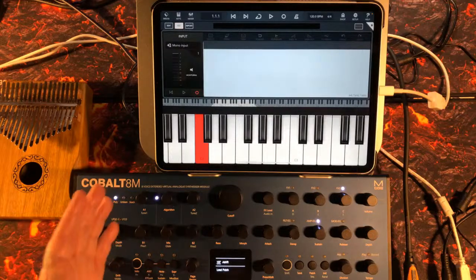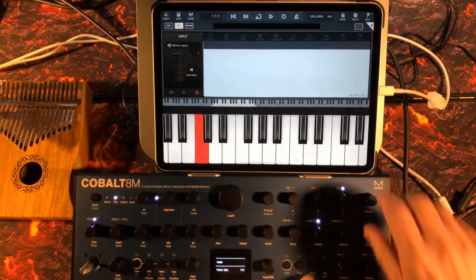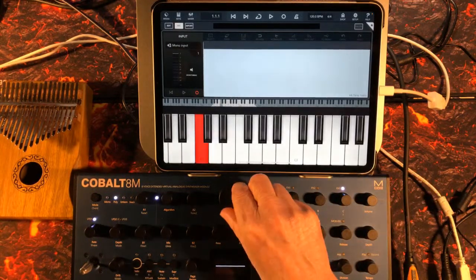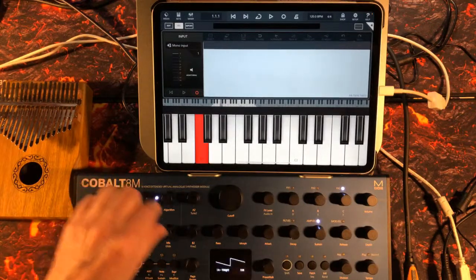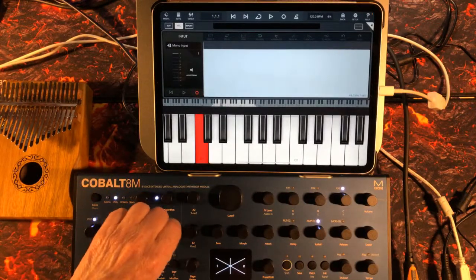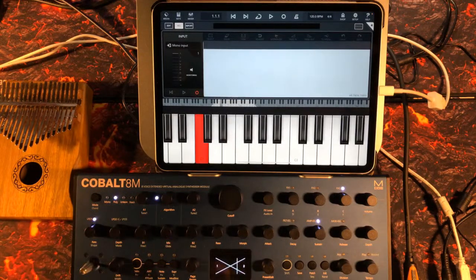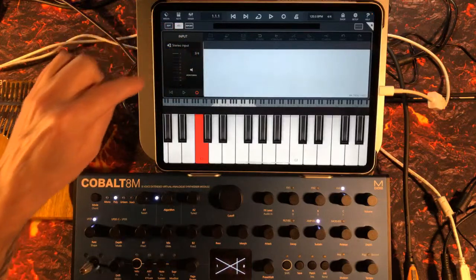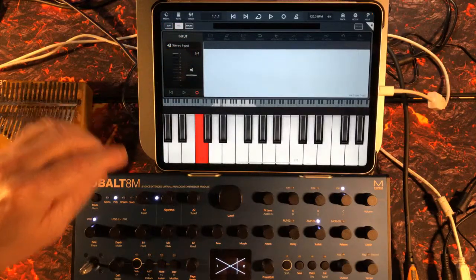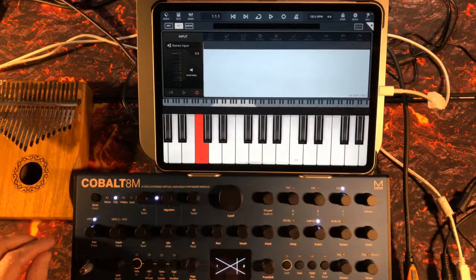That's a nice sound, it's poly anyway. Now I'm going to go into stereo 3 and 4, and I'll be able to sample. I'll sample these 4 Cs in over the